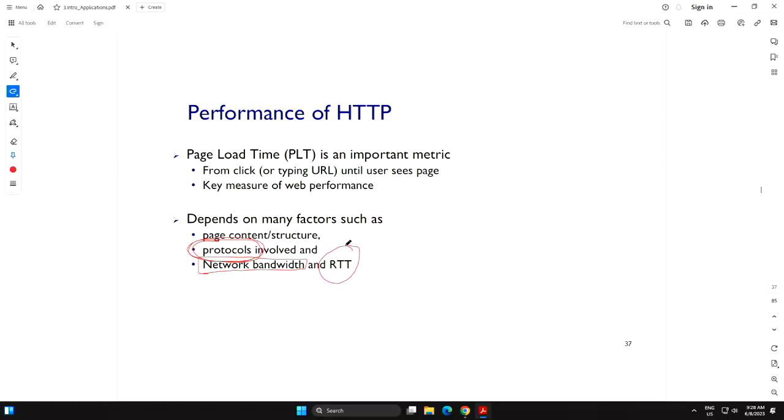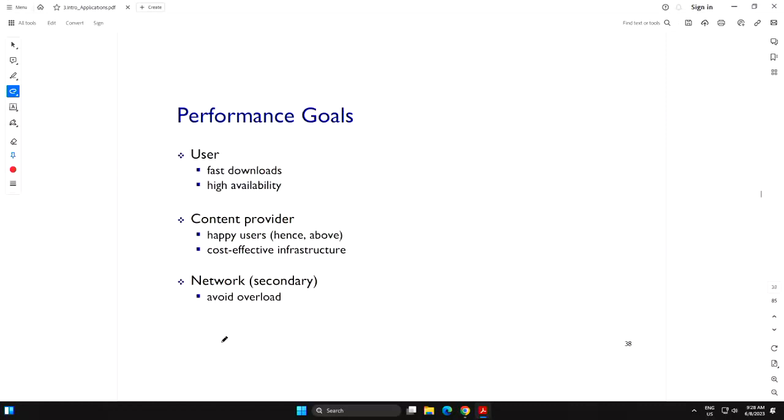And this round trip time, as I told you, is like the propagation delay, right? It's the distance, and still you will see later that these are not main contributing factors, although they are, and we will focus on protocols. Page content structure, we'll also talk about that.